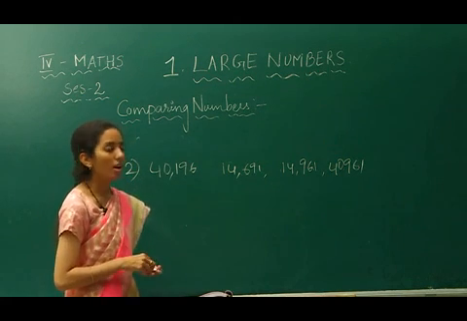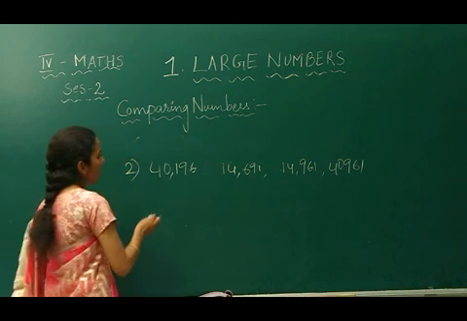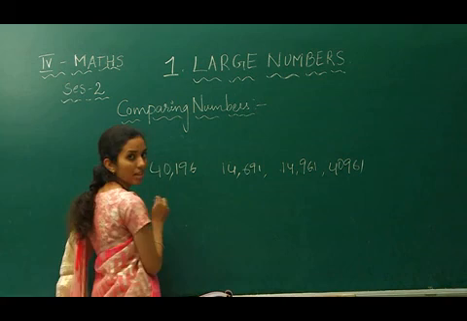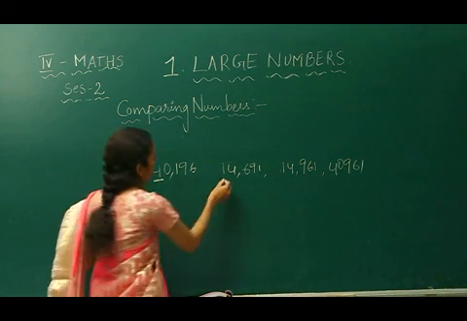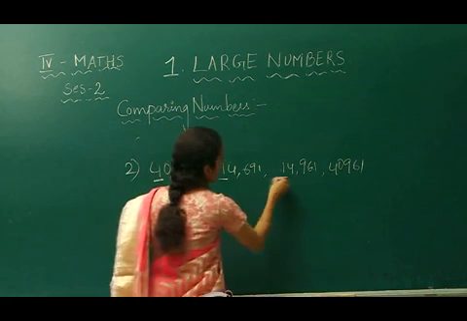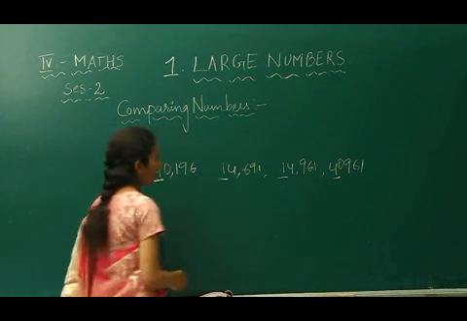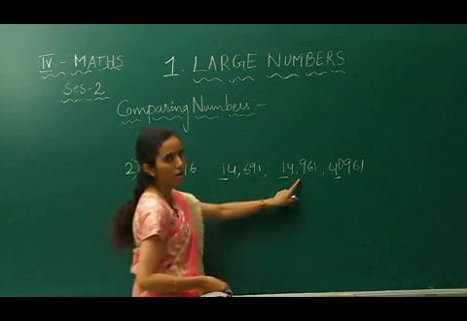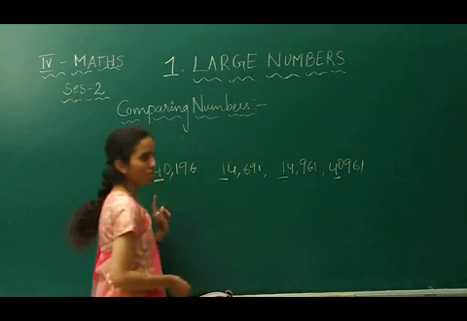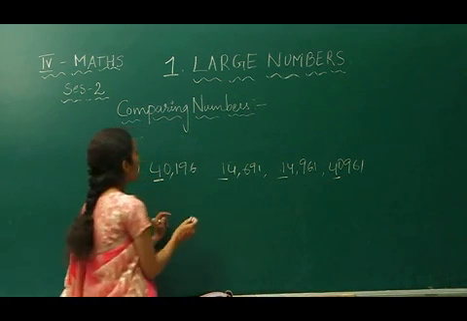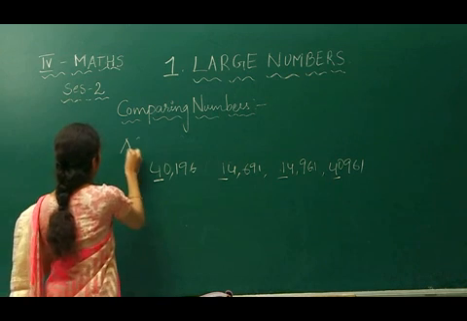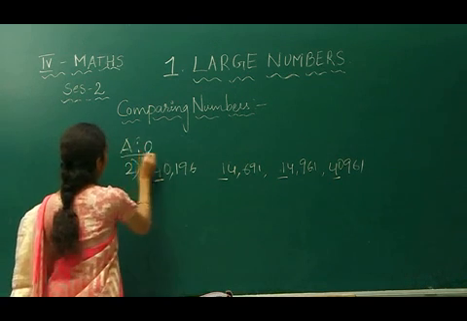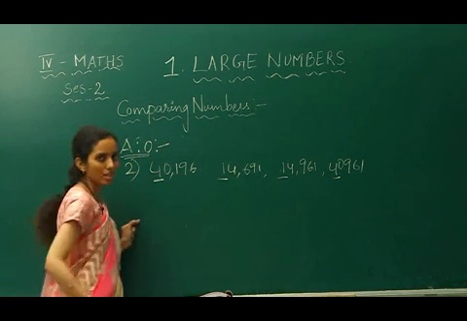So, first of all, let us sort out the numbers from the left hand side, the 10,000s side. Here in the 10,000s place it is 4 and here it is 1, here it is 1 and here it is 1. So, 2 numbers start with 1 and 2 numbers start with 4. Obviously, now we are writing in increasing order, that is ascending order.